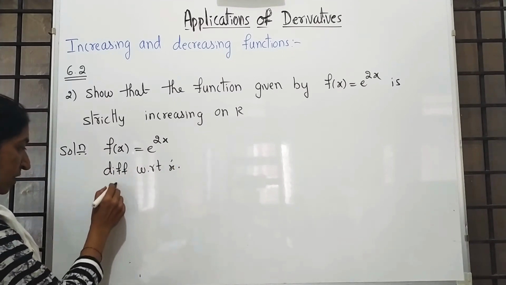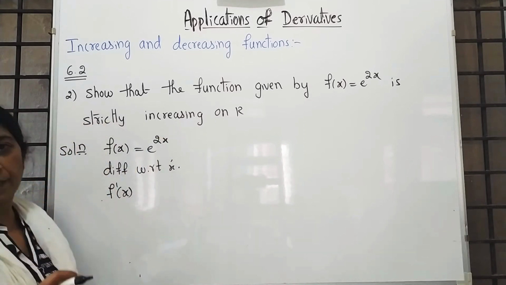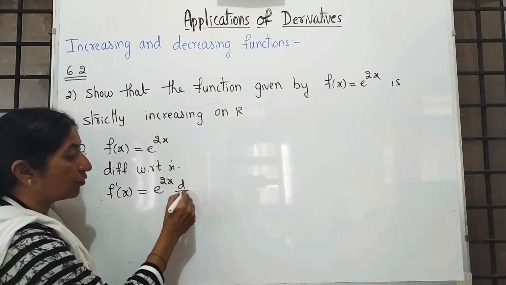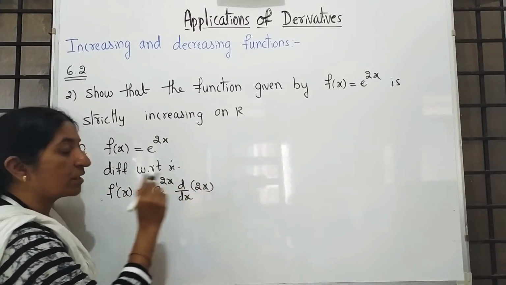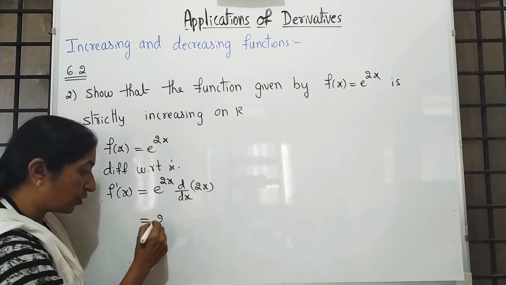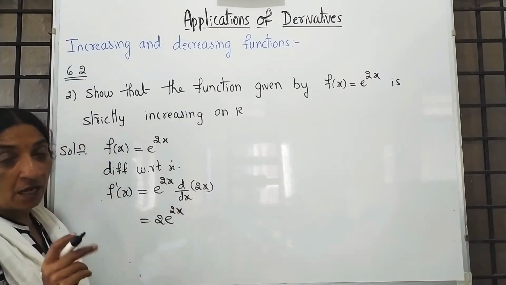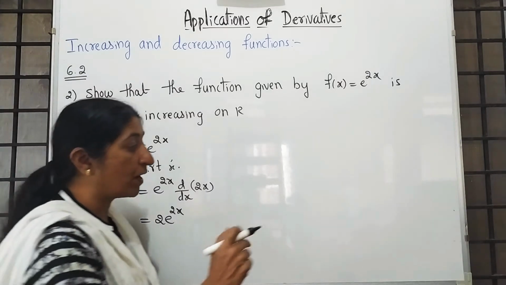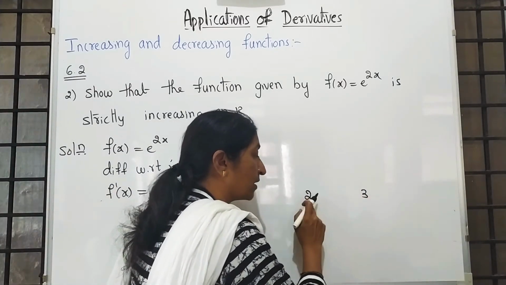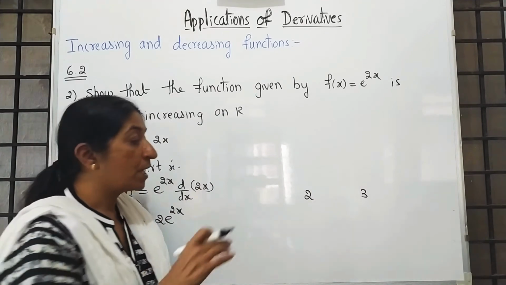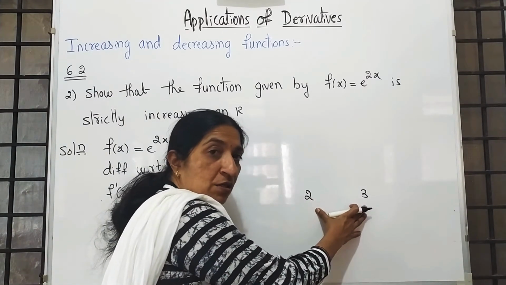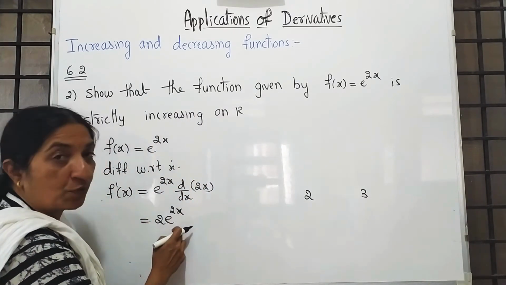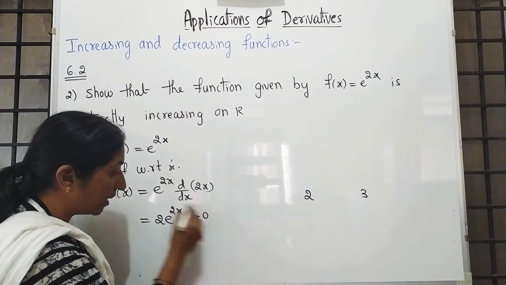Differentiating with respect to x, f dash of x. What is the differentiation of e raised to 2x? It is e raised to 2x. By using chain rule, we have to differentiate 2x. Yes, what is the differentiation of 2x? 2. It is 2 into e raised to 2x. Are you familiar? The exponential value e raised to x is a value lying between 2 and 3. See, 2 is also positive, 3 is also positive. Any number lying between 2 and 3 is what? It is again a positive number. So this is positive and 2 is positive. That means positive into positive, total it is positive. So it is greater than 0.